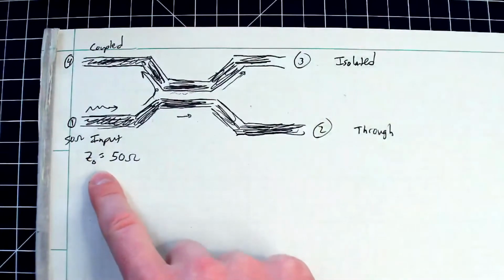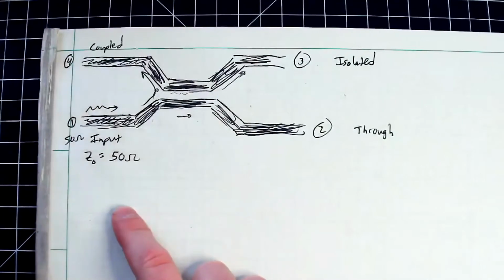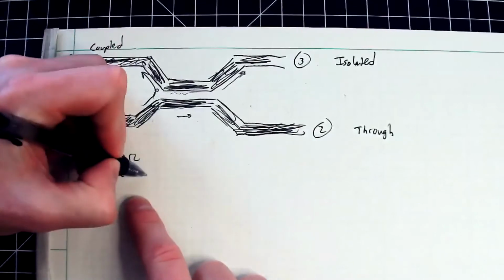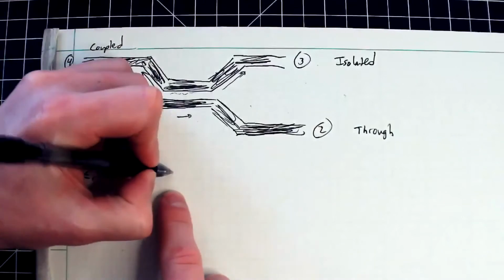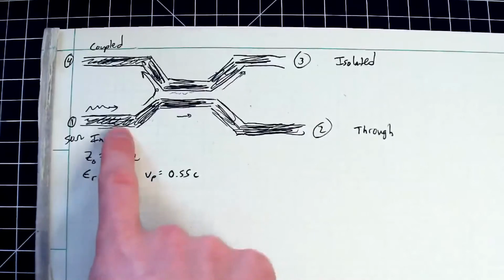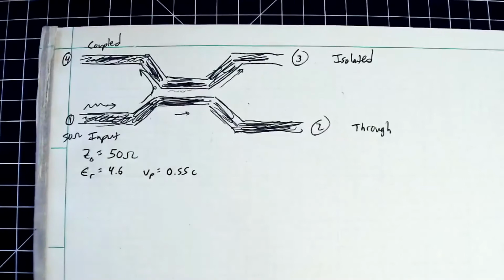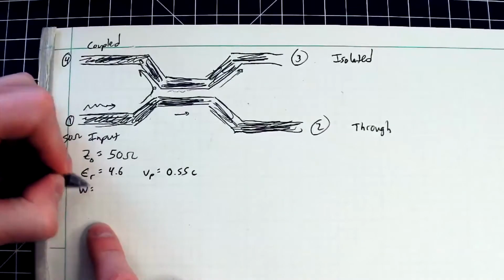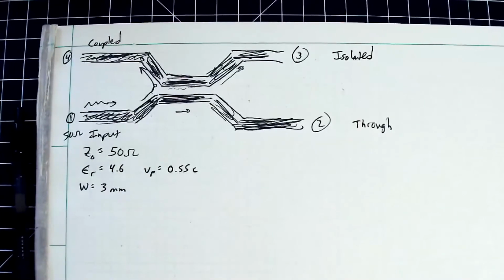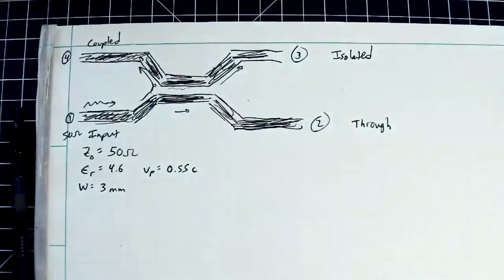Okay, we're going to assume I have a microstrip, right? So sort of like our copper clad board. So we know our dielectric constant is going to be like 4.6, and that our velocity of propagation will be something like 0.55 c. So how do I design a microstrip line that will give me these parameters? So we've done this before. We know in advance I should get something around like 3-ish millimeters, right? But the real difficult part is going to be what happens when I bring this stuff together. So I kind of want to introduce